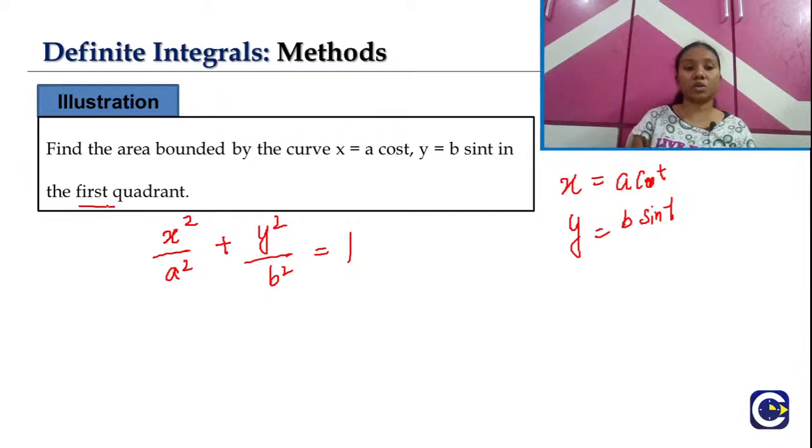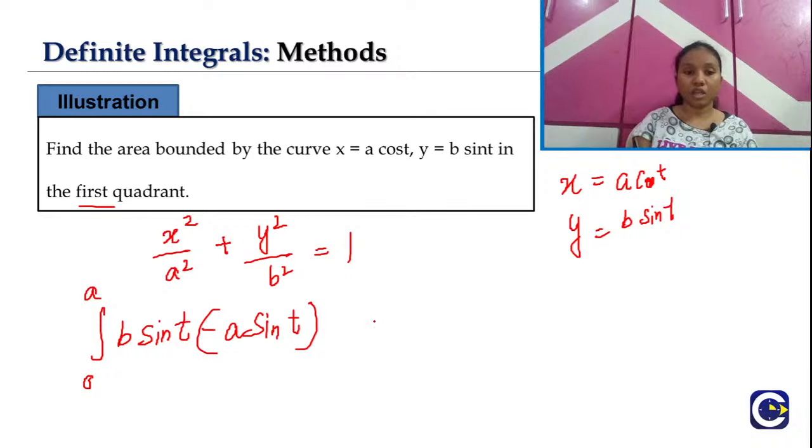So as it's in the first quadrant, it will be starting from 0, right? And it will be going until the first variable a, right? So the limit will be integration from 0 to a, and the function will be g of t into f dash t. So what is g of t here? That is our y function, which is y, that is b sin t, and the differentiation of x. So differentiation of cos t will be minus sin t, so minus a sin t, and it's obvious that dt will be here,